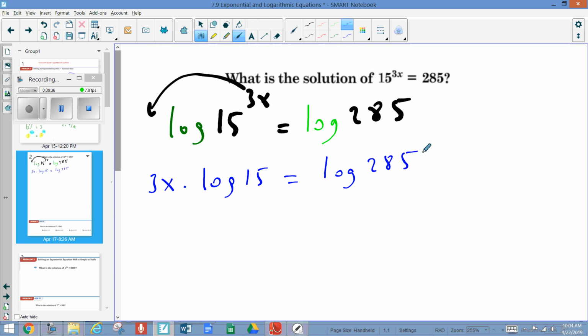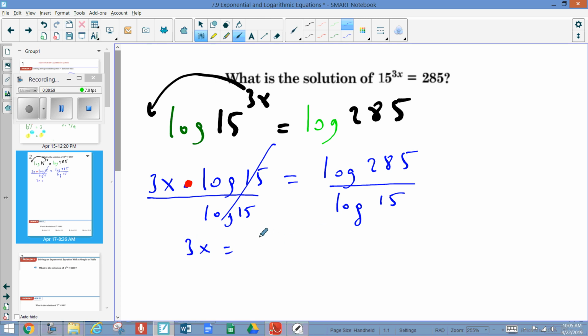Is that clear so far? Now solve for x, right? So what should I do? What is the sign? Come on, what is that sign? Multiplication. The inverse operation of multiplication is division. Divide both hand sides by it. It cancels out. 3x is equal to,